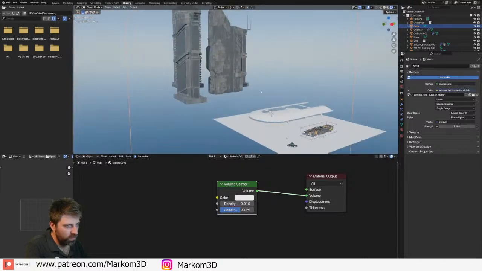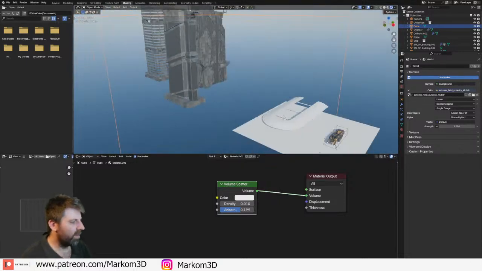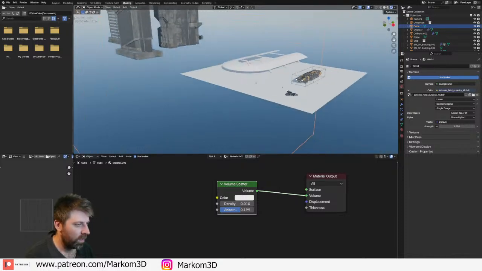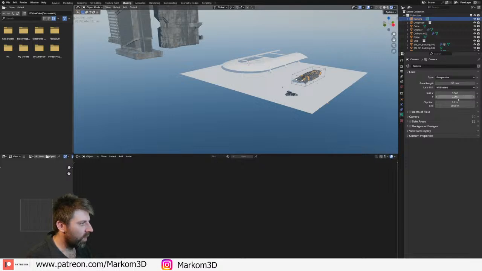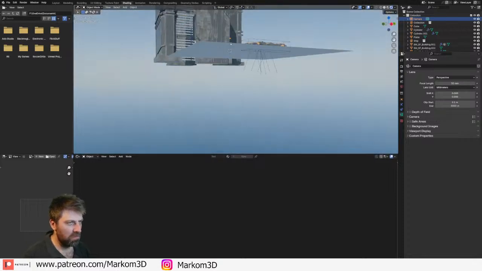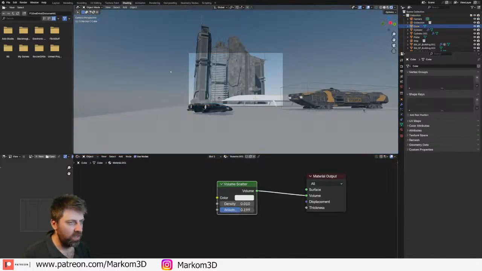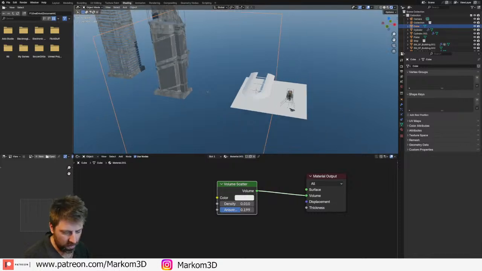Okay, weird. Is it because the camera can't see that far? Oh, camera. Clip ends. 2000? Interesting. I wonder why. Doesn't need to be in.